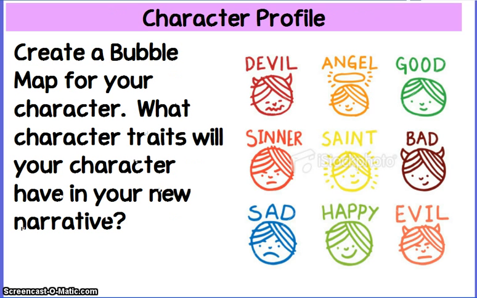Okay, and finally, now that you have your storyline, you're going to do one final brainstorming, and that is to create a character profile in the form of a bubble map for your main character. What character traits is your character going to have in your new narrative? So for example, if I was going to make this bubble map for the other June, if I was to create the bubble map based on Tuesday the other June, I would have her be a bully. I would describe her as a tormentor, as angry. But in my narrative, which is what I'm making this bubble map for, I would not use those words because again, I'm changing the other June. I'm making her kind and sweet. So my bubble map is going to use those descriptive words to describe her.